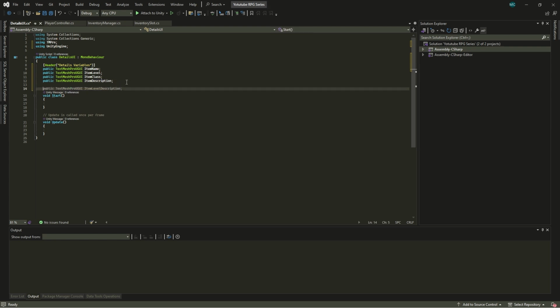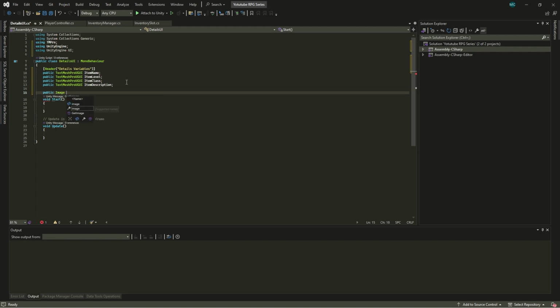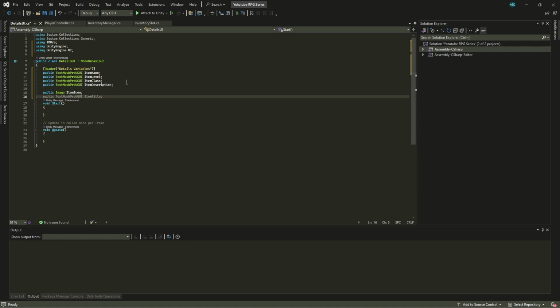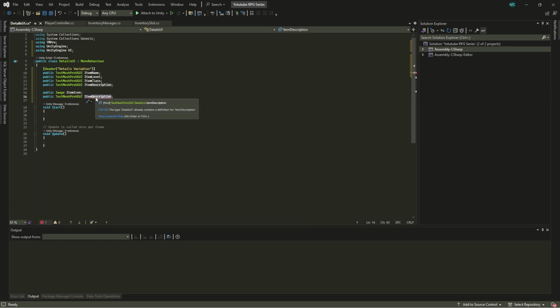Then we're going to have the public image, not image conversion, but actual just image. Then we're going to call this one the item icon. Then we're also going to have the public. Let's copy the last description, bring it under this. This will be the main